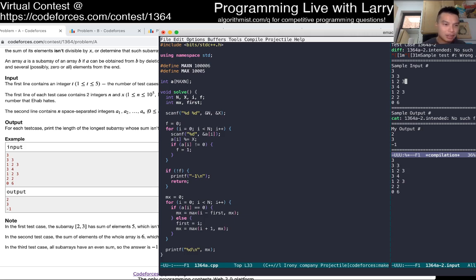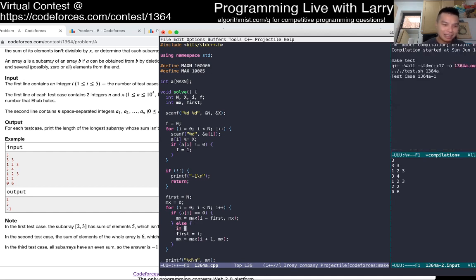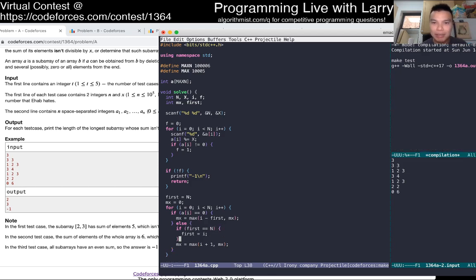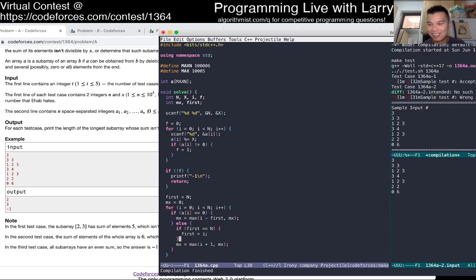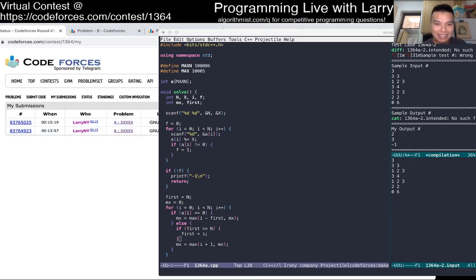Oh, of course it's gonna be wrong. So the first is let's just say infinity or something. Let's just say n, because I never said it. Oh, and this is I'm just being careless. This is I think the algorithm is still right, but sometimes you rush it a little bit once you like, oh, I see this idea, and you end up doing stuff. Or at least that's what I do. I get a little bit too excited that I didn't really think it through, and this is my problem with A's in general. Like I do better because I am a little bit arrogant for problem A's. It's still wrong though, because I didn't really test it again.